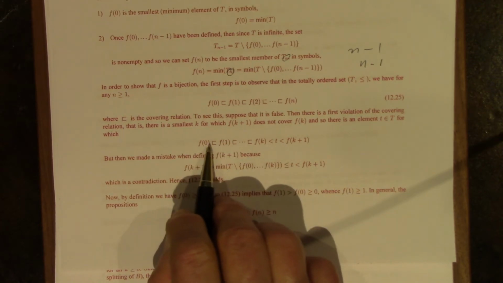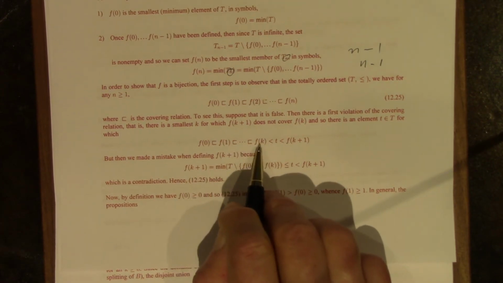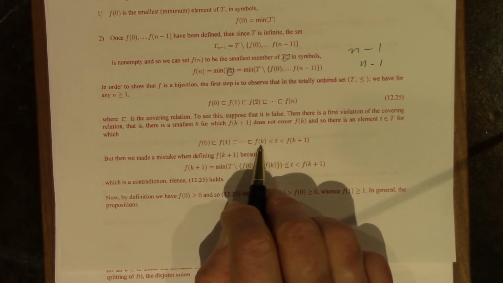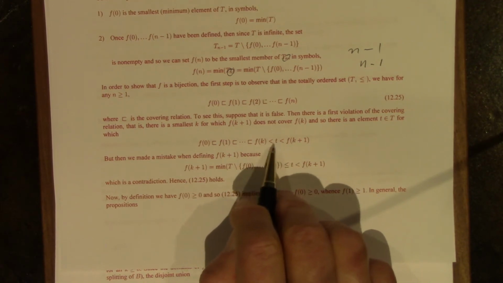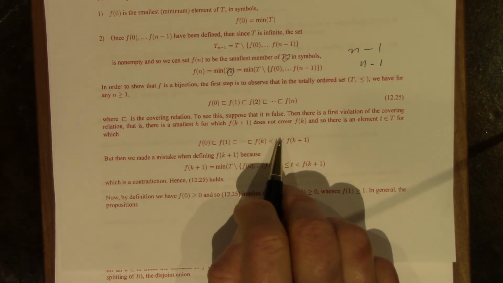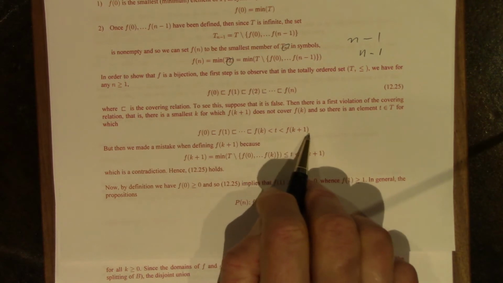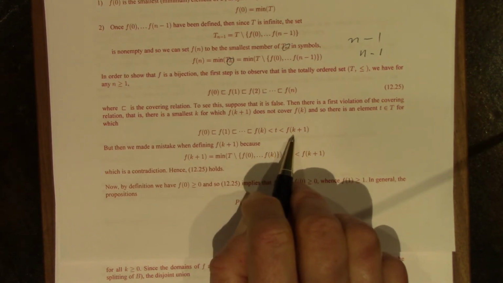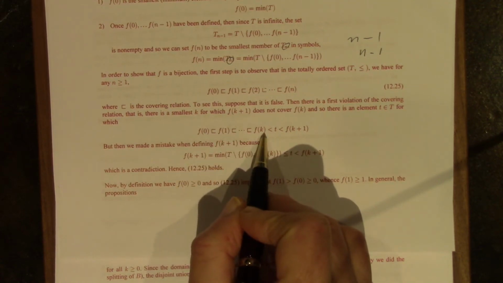So we have f of 0 covered by f of 1, covered by f of 2, and so on until we hit the first violation. F of k is not covered by f of k plus 1, which means there's something in between. Well, we've made a mistake then. We didn't define f of k plus 1 properly, because remember that f of k plus 1 is defined by taking our set t and throwing away f of 0 through f of k